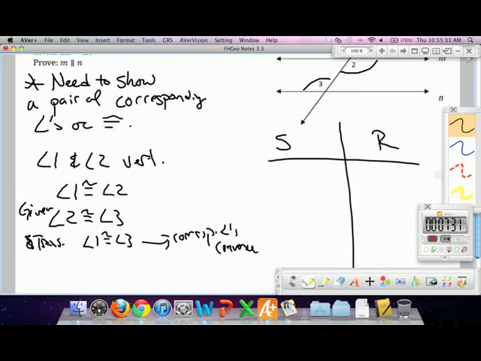So we're going to actually write a formal explanation. We're going to take all this stuff that we just brainstormed and put it into a nice format. We'll just clean it up. Let's start with what's given. Let's start with angle 2. Angle 2 is congruent to angle 3. Why? Because I told you it is. It's given.